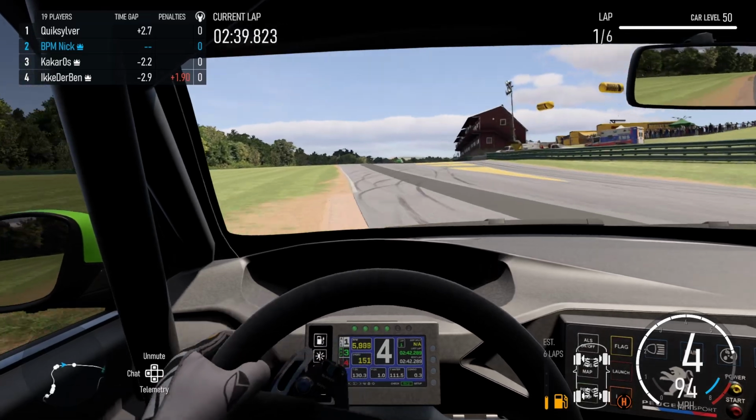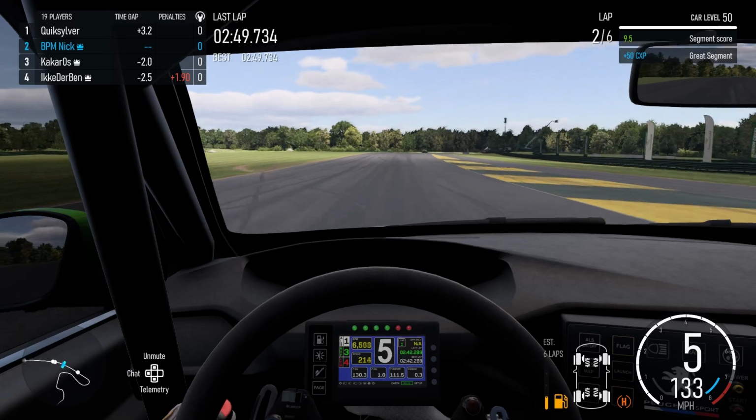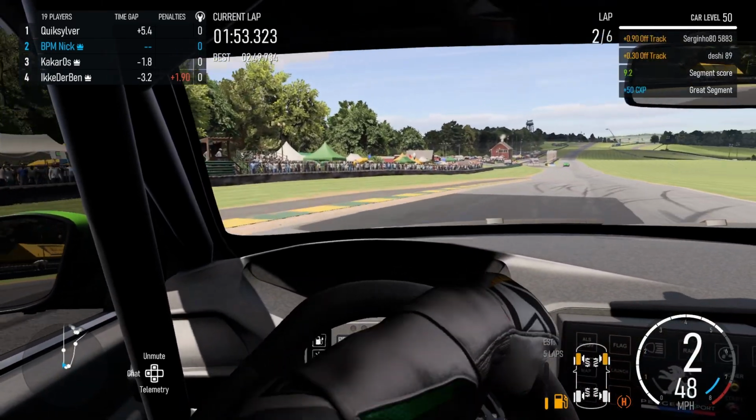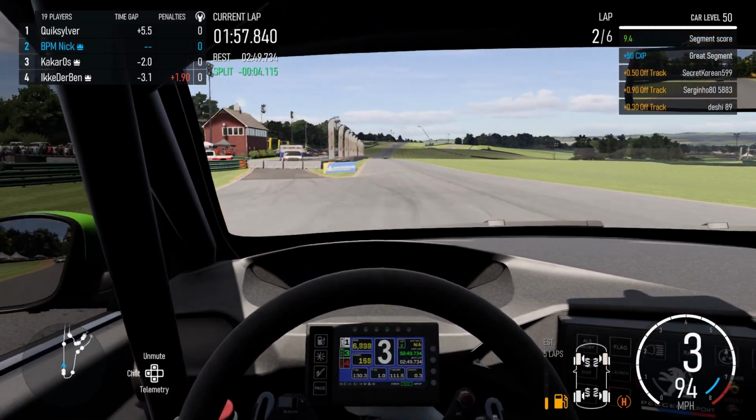We are almost 2.5 seconds behind the leader, which is not helped by rolling two wheels onto the dirt coming into the start-finish straight. Lap 2, we've dropped a little bit. He's gained a second on us in front, and we've still got about a 2 second buffer. And as we come through here onto the back straight, as you can see, we're pretty much maintaining that gap